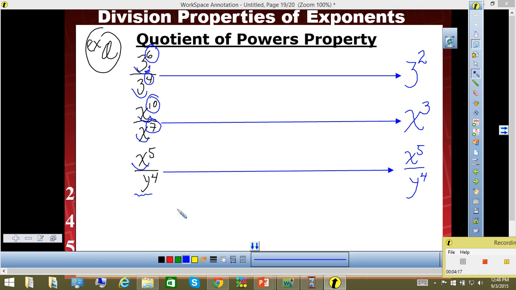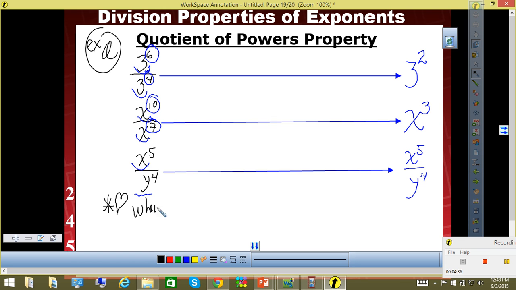All right, good discussion, good discussion. So underneath that, put a little asterisk, a heart, so that we won't forget our rule. So once again, what are we doing here? What operation? Division. So we're going to write, when dividing exponential expressions